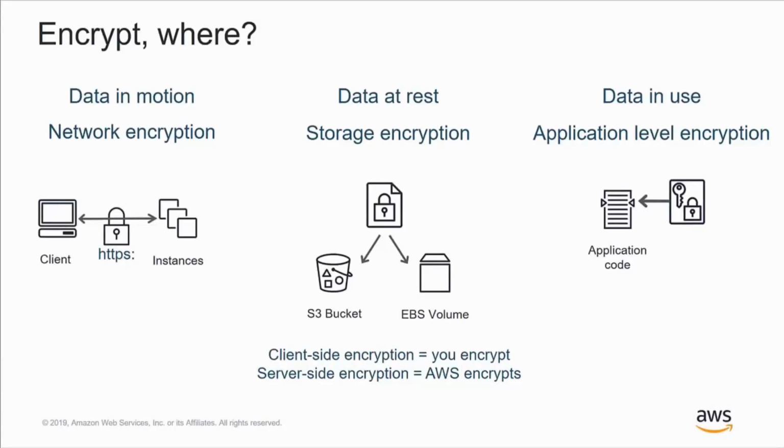First of all, it's important to describe the different aspects of how you might use encryption. Even though the algorithms might be very similar between these different scenarios and use cases, the key management issues and the deployment issues become very different. So first of all, on the left-hand side, we think about encryption of data in motion, or network-level encryption. Everybody's familiar, I'm sure, with SSL, TLS, encrypting data as it moves between either a client and a server or two machine instances, or an IoT device and a central management station.